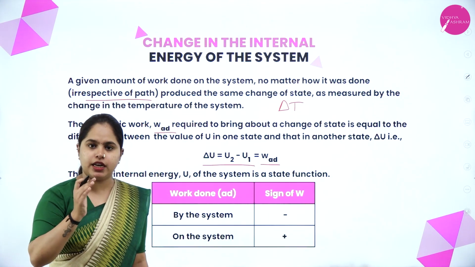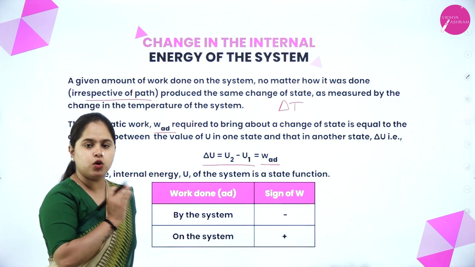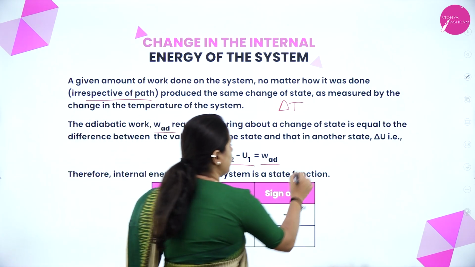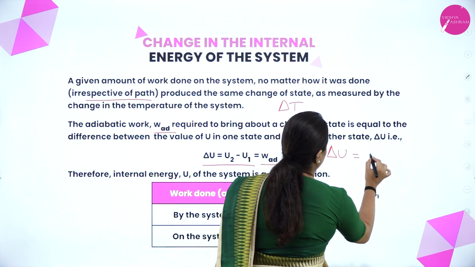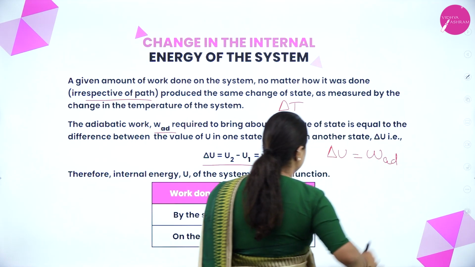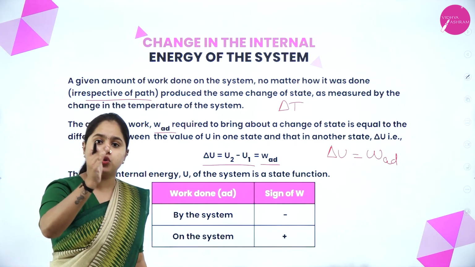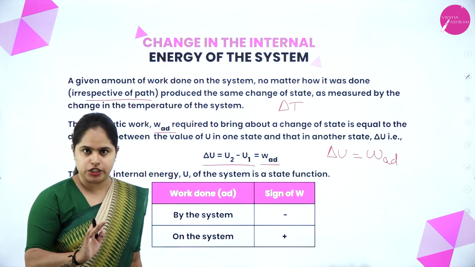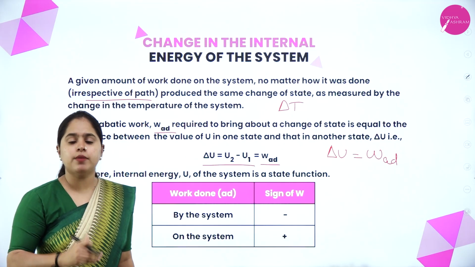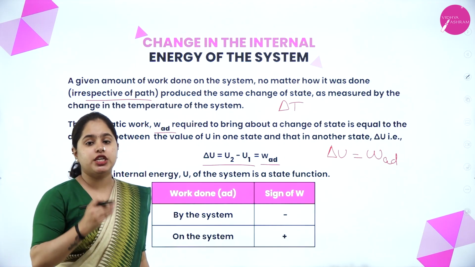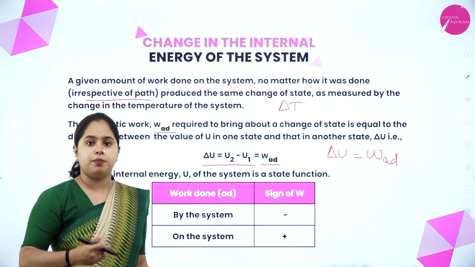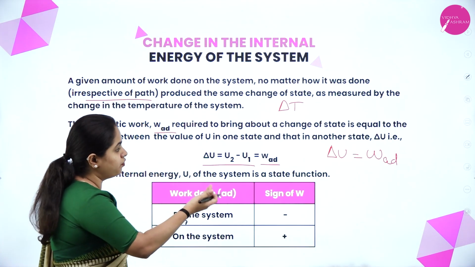Either it can be mechanical or electric work, but it is equal to the change in internal energy. That is, delta U is equal to W_ad. So your change in internal energy is equal to the work done in adiabatic conditions. I hope it is clear. So what you have to understand here is that the change in internal energy can be brought about by work done on